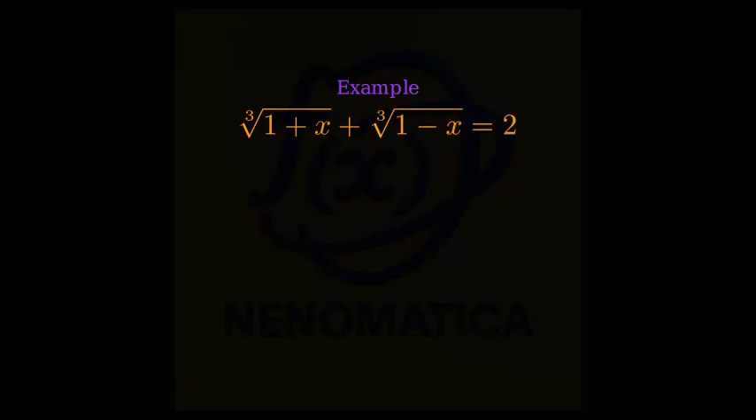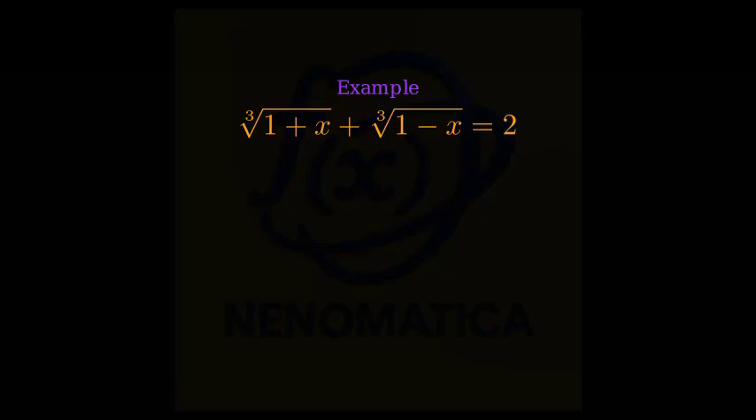Welcome! In this example, we will solve the equation, the cube root of 1 plus x plus the cube root of 1 minus x equals 2. We'll follow the classic algorithm exactly, step by step, and verify the result. Step 1. Cube both sides. We use the identity, open parenthesis, a plus b close parenthesis cubed equals a cubed plus b cubed plus 3,